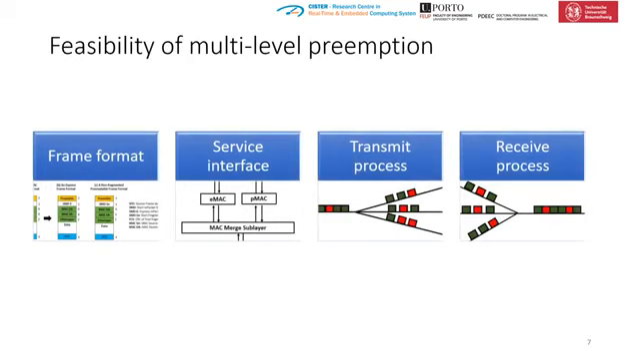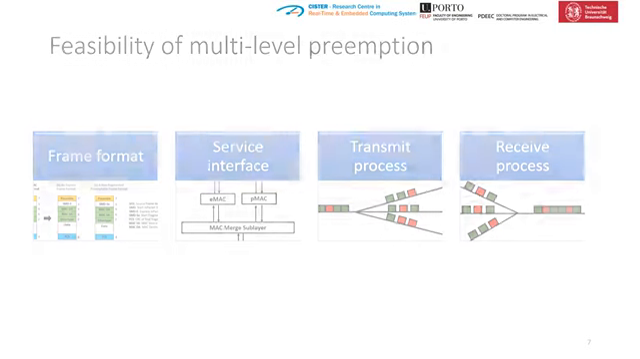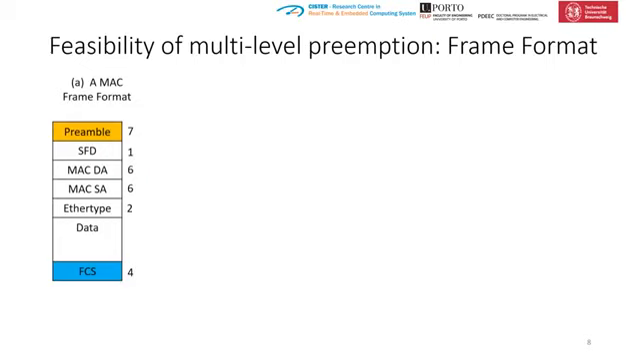We will be investigating the feasibility of multi-level preemption under four headings. First, we check the frame format to see if it is sufficient for this kind of transmission. Next, we proceed to the preemption service interfaces, and then we investigate the required modification to the frame transmission and reception processes themselves. To start with the frame format,